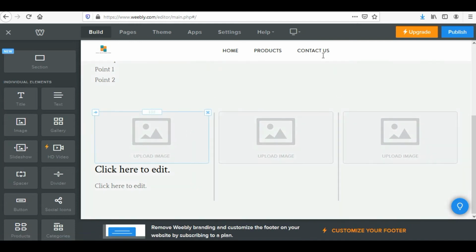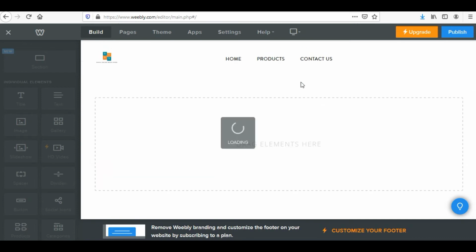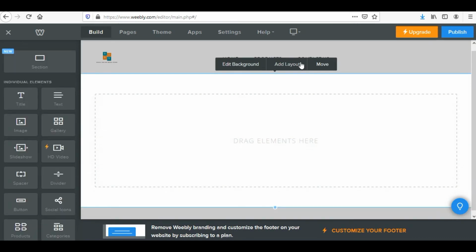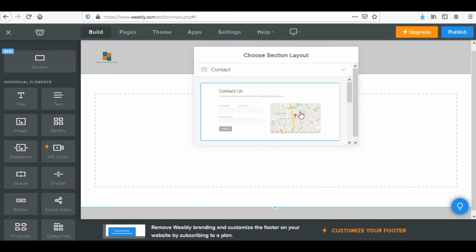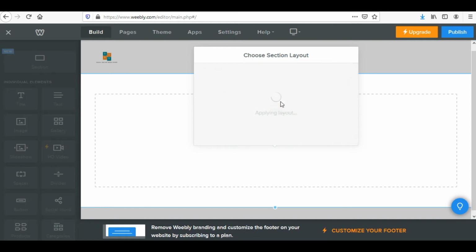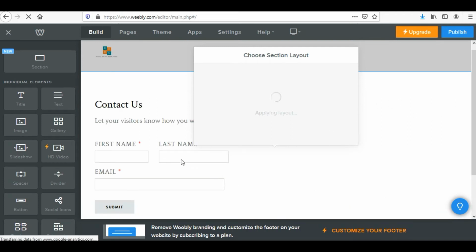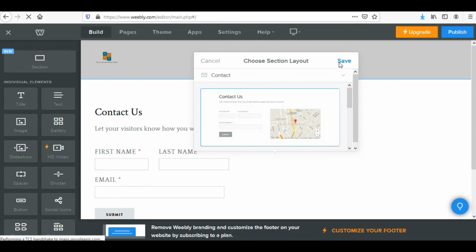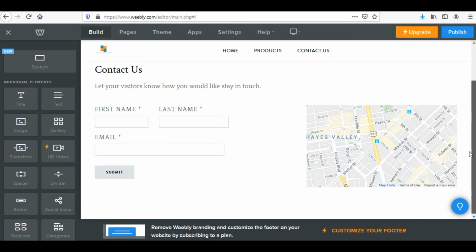Now once this layout is also defined, I'll go to my contact us page. On the contact us page, I'll click on this blank space and I would be able to add a layout. If I have a physical store, I need to tell people about the location of my store. So first of all, I'll use this contact us template, where on the right side I would give the Google Map location of my physical bookstore, and on the left side, if somebody wants to contact me and drop an email, they can just share their email address with me.